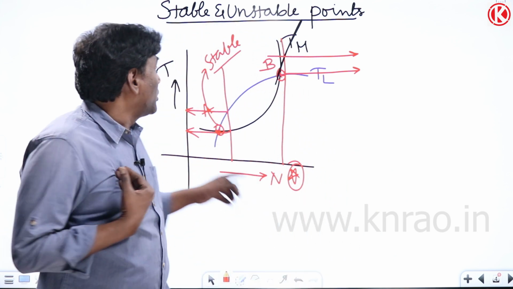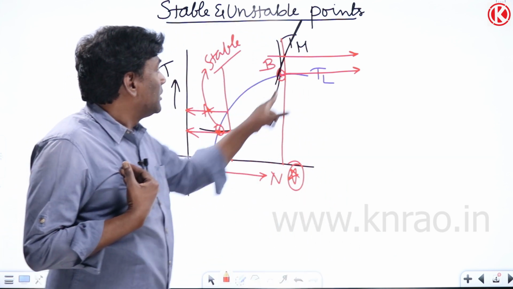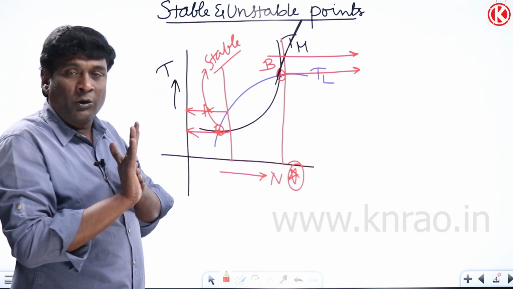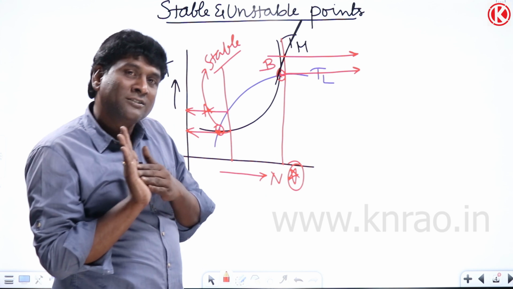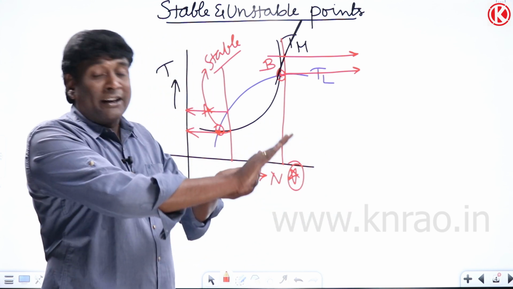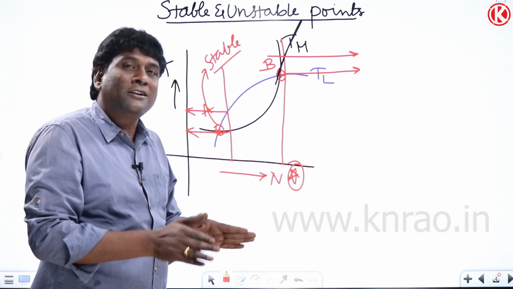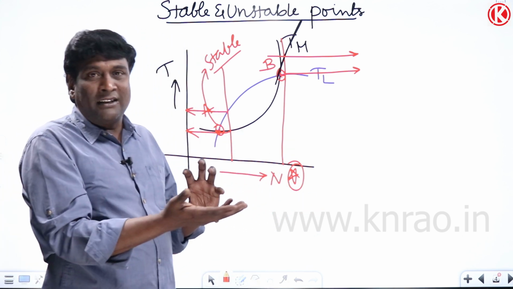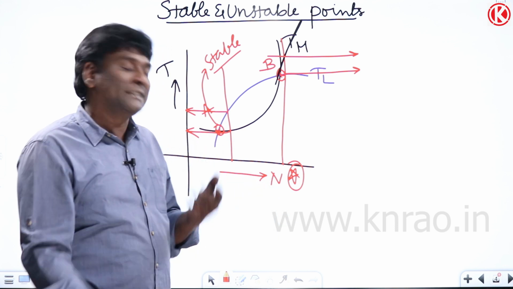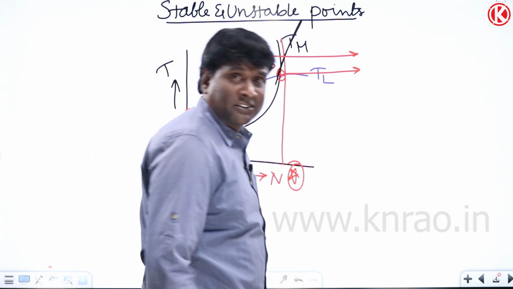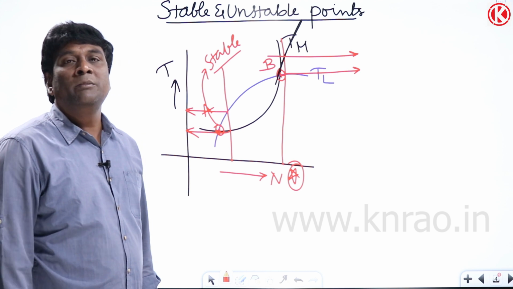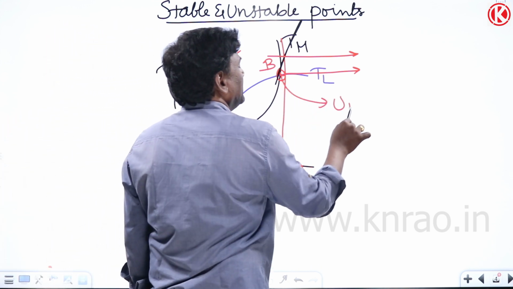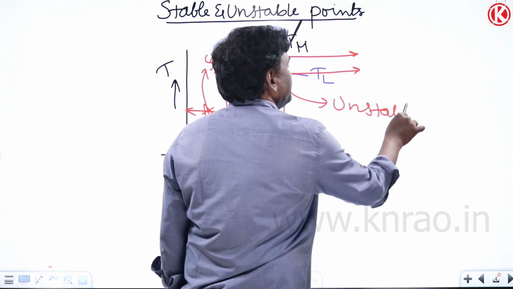Torque developed by the motor, TM, is more, and the torque requirement of the load is less. So my push is more from the motor side, but my load is unable to absorb that much torque, so the remaining torque is going to be accelerating torque. The moment it's acceleration torque, the operating point will be unstable because it will accelerate, it cannot stop there. So B is going to be unstable.